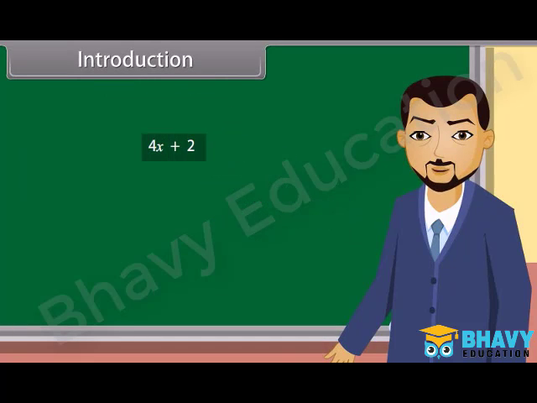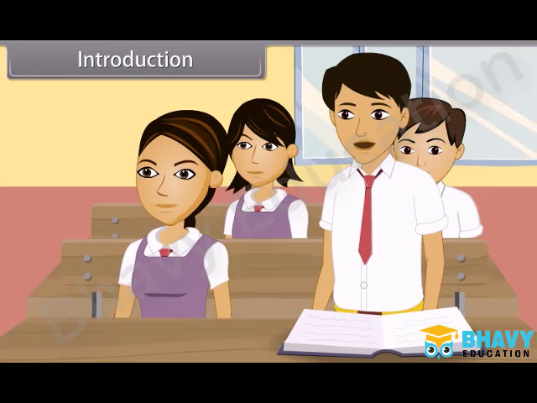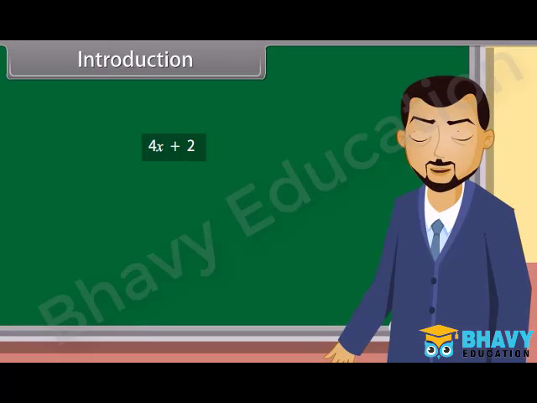Students, look at this polynomial. What can you say about this? This is a polynomial in the variable x of degree... You are right. Similarly, 2y square minus 3y plus 4 is a polynomial in the variable y of degree 2. And 5x cube minus 4x square plus x minus square root 2 is a polynomial in the variable x of